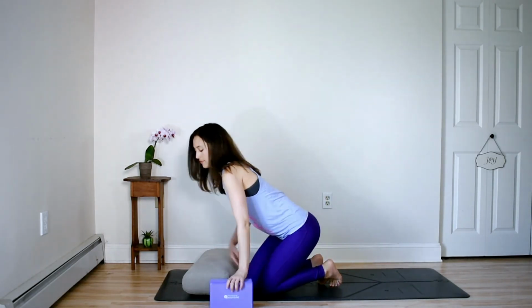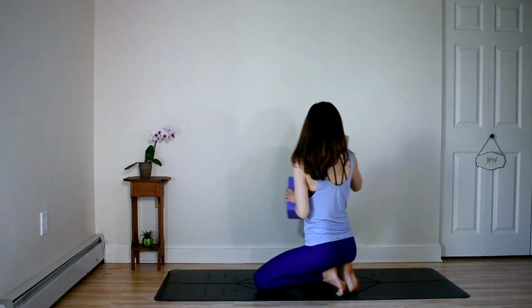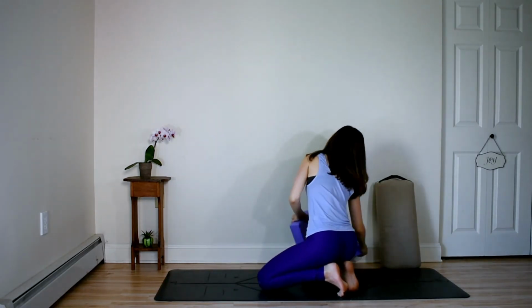Remember that the hips are extra open during pregnancy, so take care not to overstretch. You're going to slowly release from this pose when you're ready, moving mindfully, and move the bolster and blocks out of your way. We're going to come down onto our backs, but to do this during pregnancy, you always want